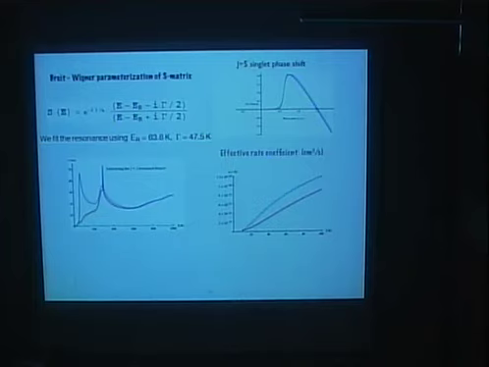Again, these resonances can be quite important. For example, we found the J equals 5 resonance that I had on the previous slide contributes as much as 15% to the value of the spin temperature in the important region where Z, the redshift, is around 50. Over here, the red line is the contribution without the resonance, and this is the contribution with the resonance. This is the change in the effective rate coefficient, which, when you put that into the rate equations for determining the spin temperature, gives a different spin temperature.